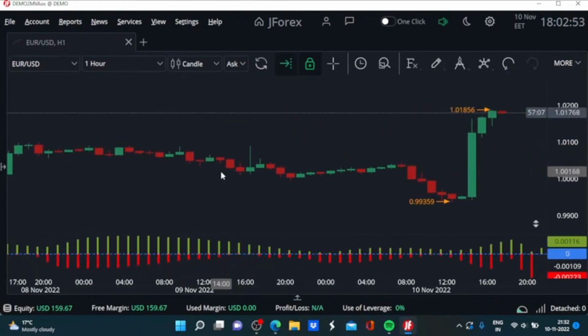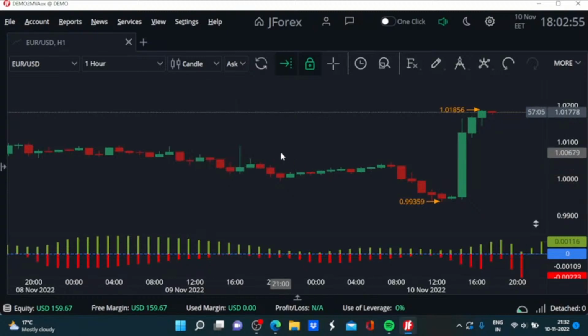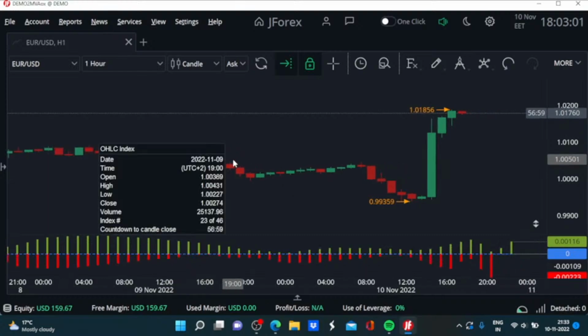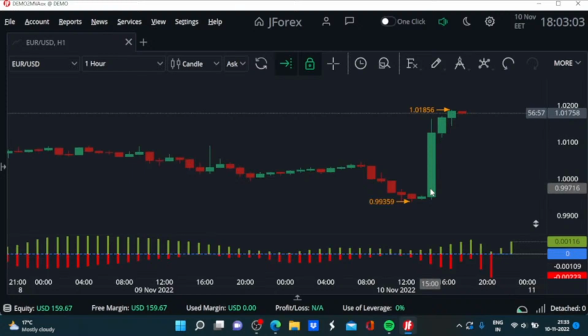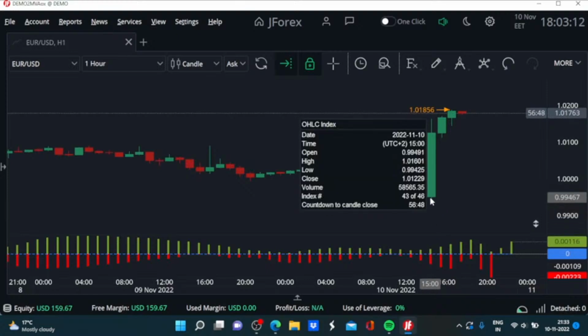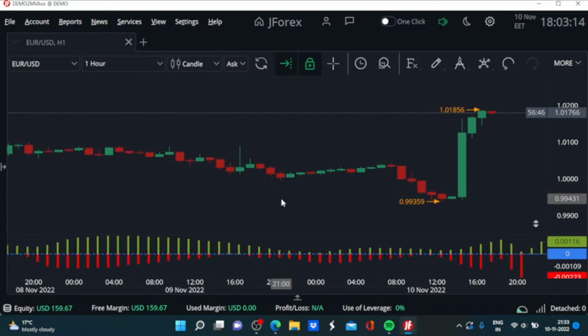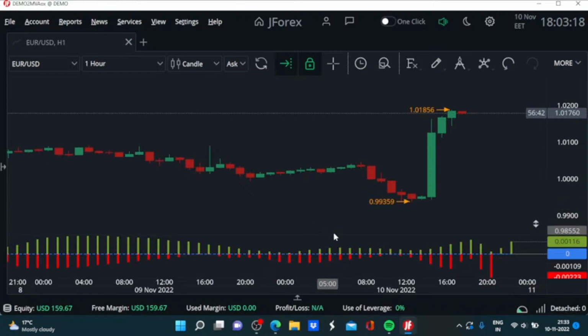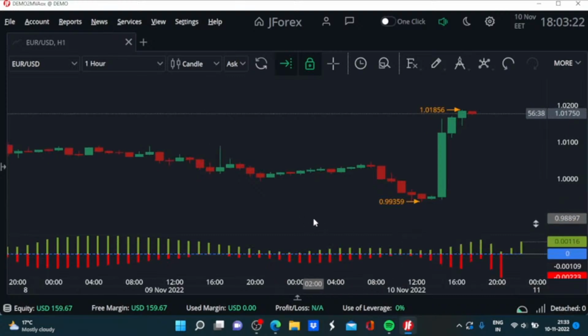Now this is the chart of the EUR/USD drawn on the hourly time frame, hourly candlesticks, and here, as you can notice, we have this sharp move in the EUR/USD in which it has gained more than 200 pips from the lower end in the last couple of hours. This is an interesting formation here. Now, if we look at the values of the Gator oscillator,